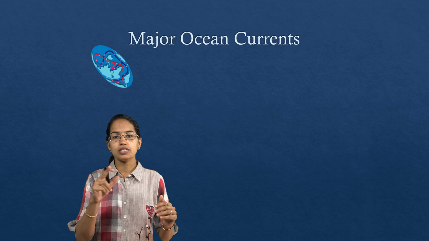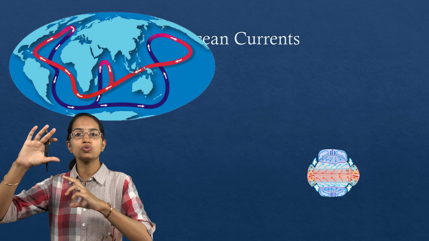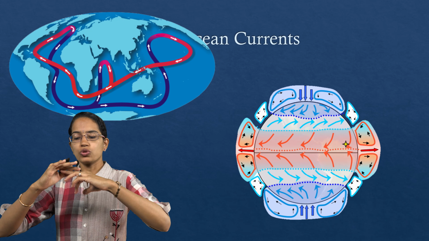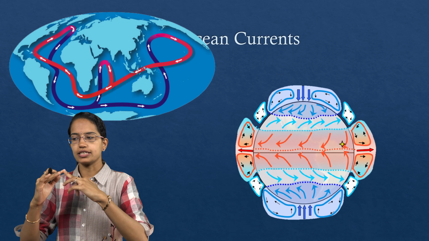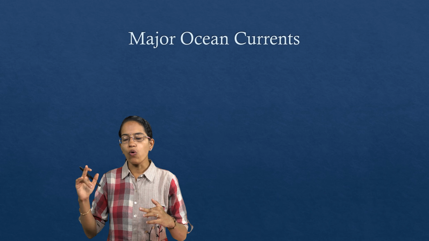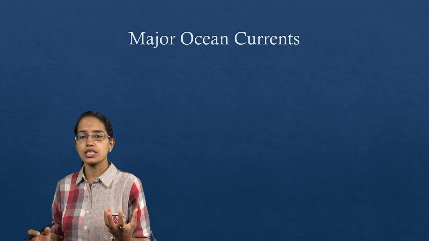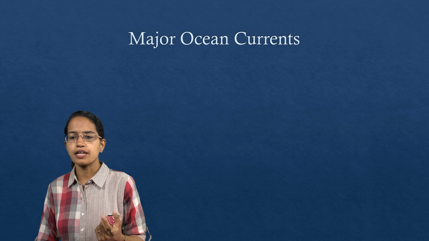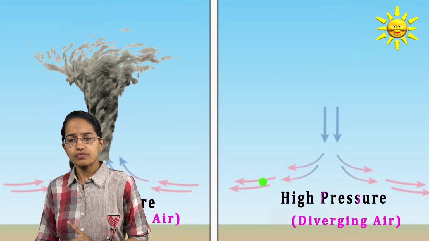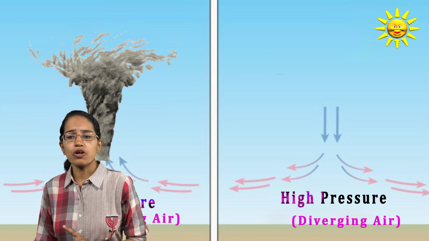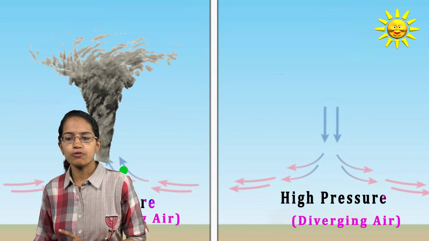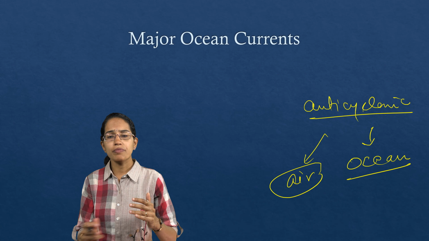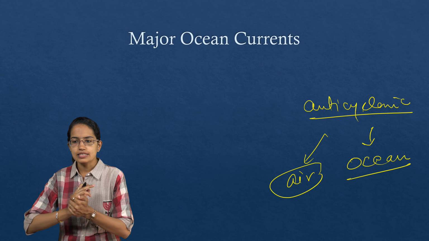So ocean circulation corresponds very well to the air circulation above it. So the surface water movement is very, very important to understand this. Now, air circulation over the oceans in the mid-latitudes is anticyclonic, and this anticyclonic movement is very similar to the ocean circulation. So both the air circulation and the ocean circulation in the mid latitudes become anticyclonic.